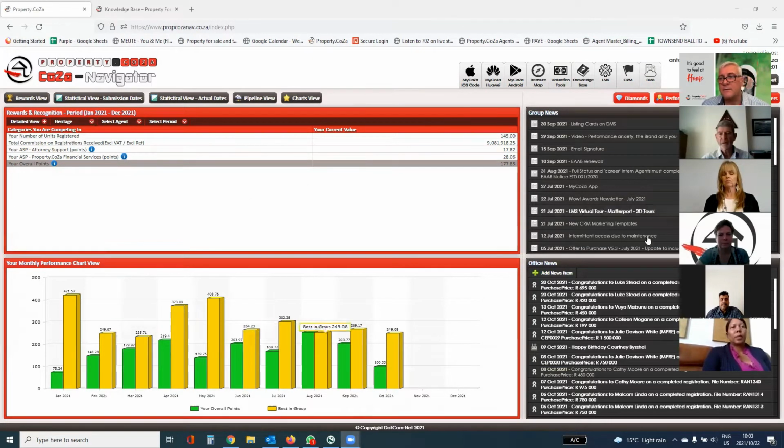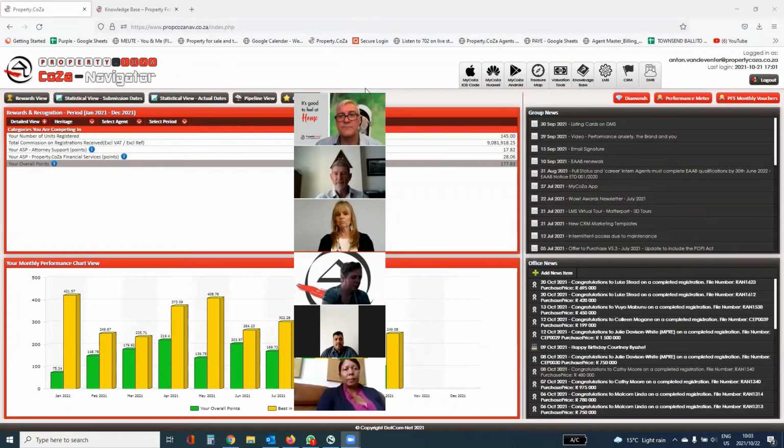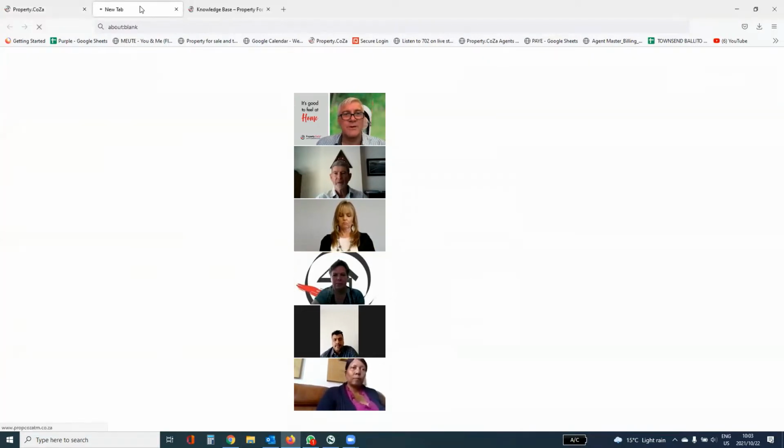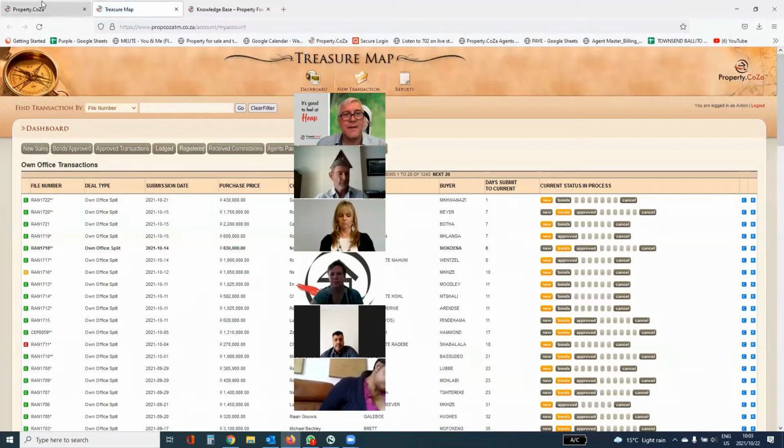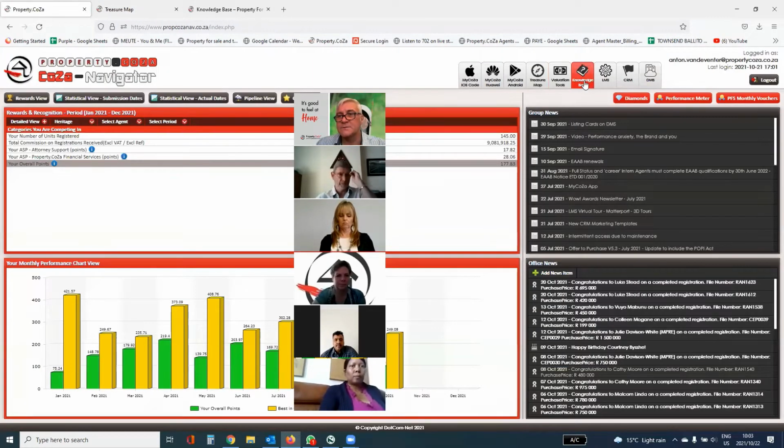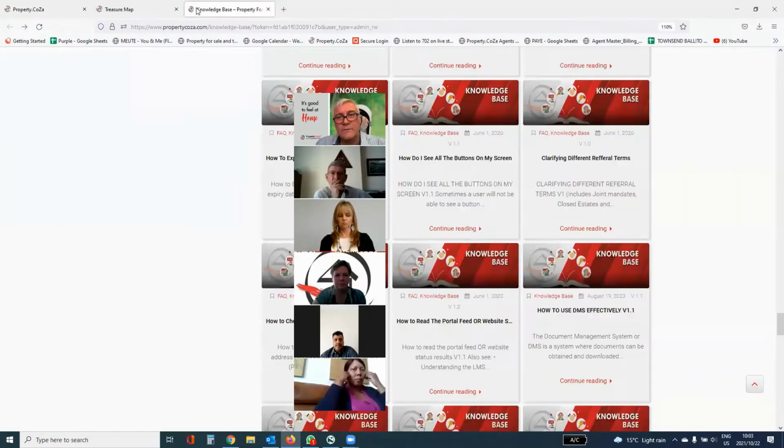Right, so the CRM is born out of the Navigator. You can see, on the top of Navigator, there's a treasure map button. If you push treasure map, you'll all know that we go to here. And the next button is evaluation tool, and then the knowledge base. Now, the knowledge base is important because it has got nearly everything that you are ever going to want